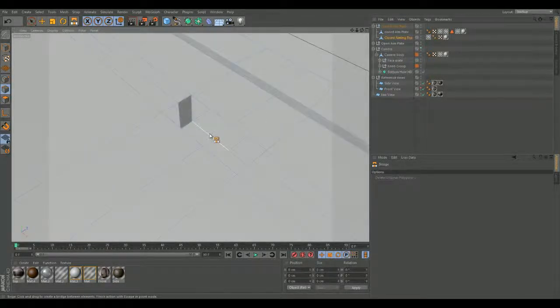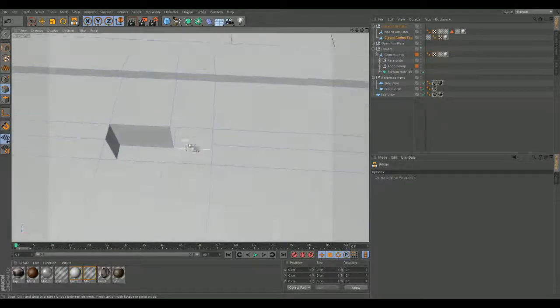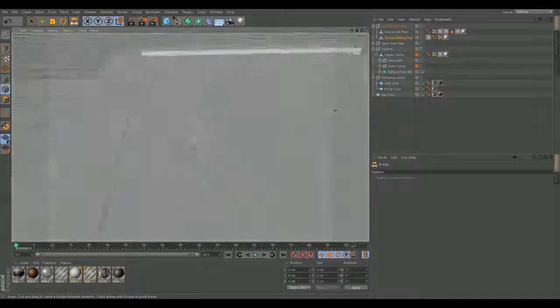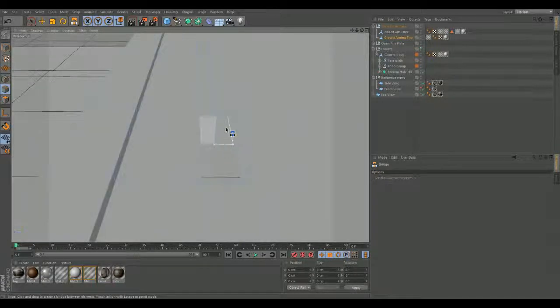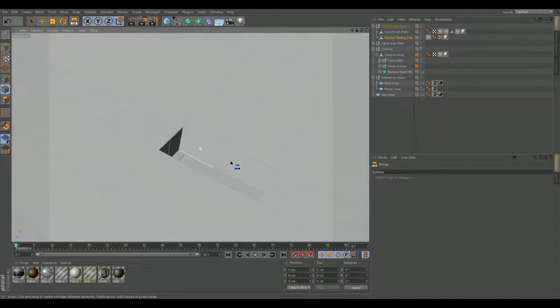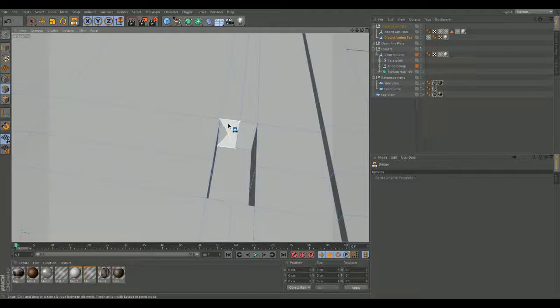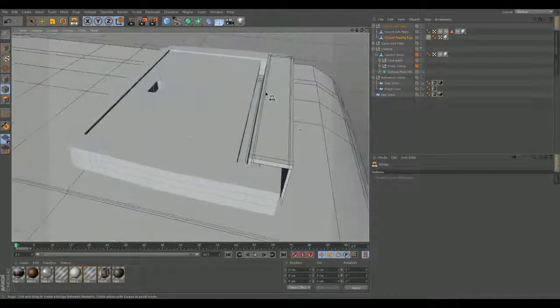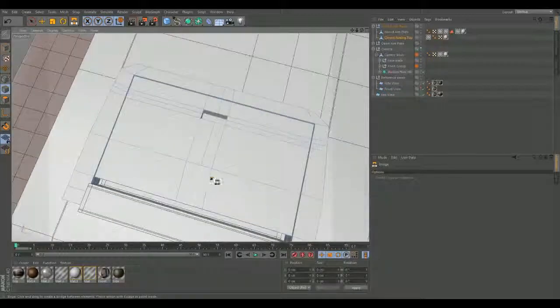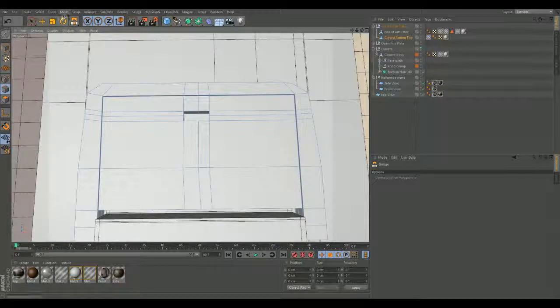Bam. Bam. Bam. Bam. Bam. Bam. Bam. And one more. Bam. Okay. So now at this point in time, we'll just see how it works with the sub D on